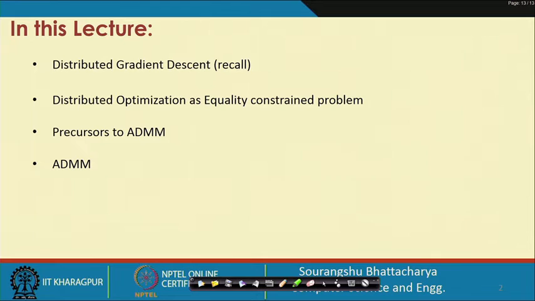In the first part of this lecture, we looked at the distributed optimization problem and how we can pose it as an equality constraint optimization problem. Then we went into the precursors of ADMM, which are methods of solving equality constraint optimization problems.